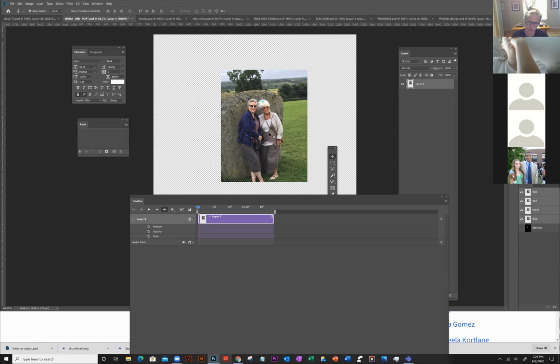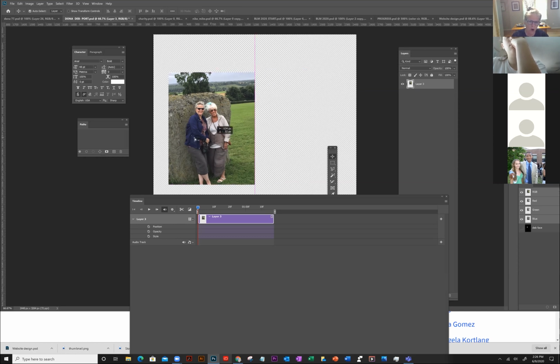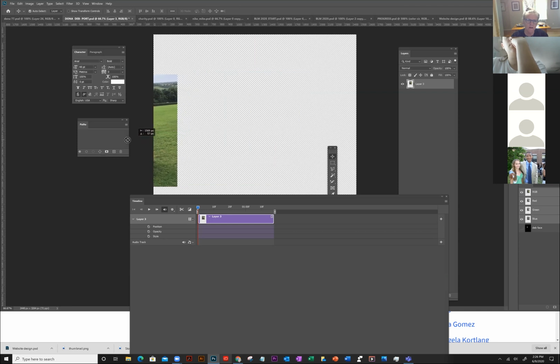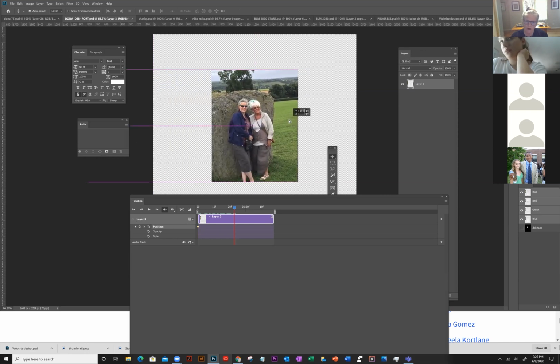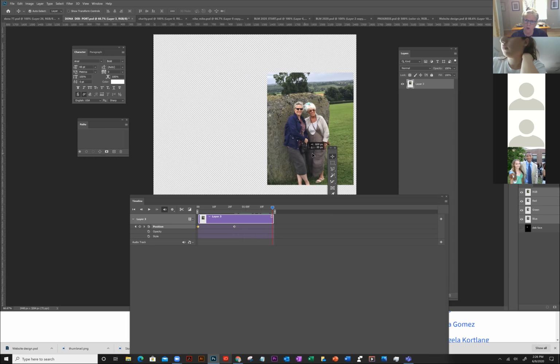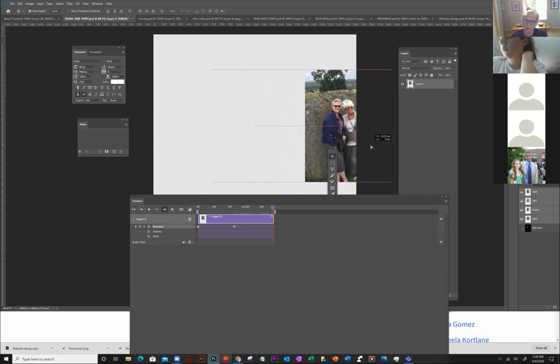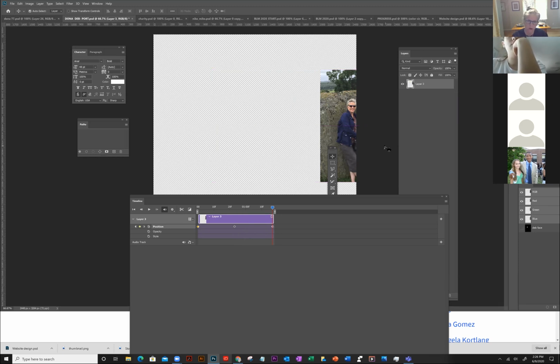I'll do this again for the position. If I wanted this to be off the stage, keeping the shift key, I would click the position, lock it, advance it, then move it to here. It will automatically make the keyframe for you. Then advance the timer again, and then move it out. The guides help you to keep it aligned. And then it will make it again, so that when I play this,